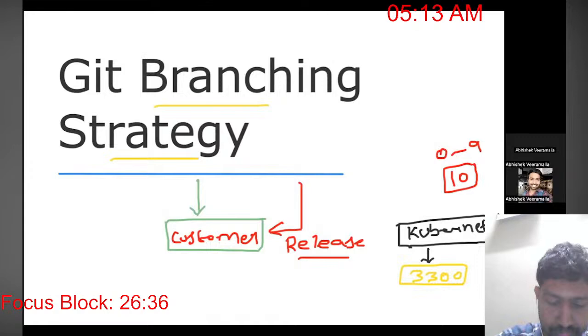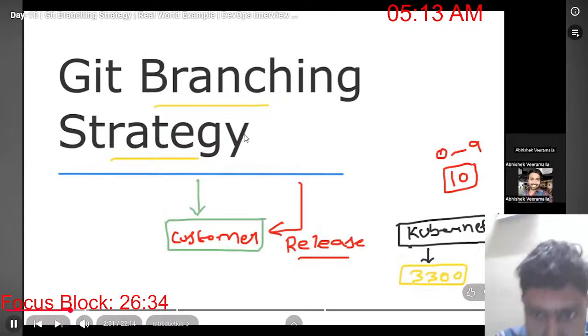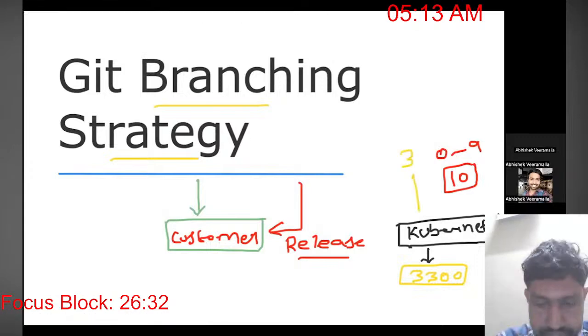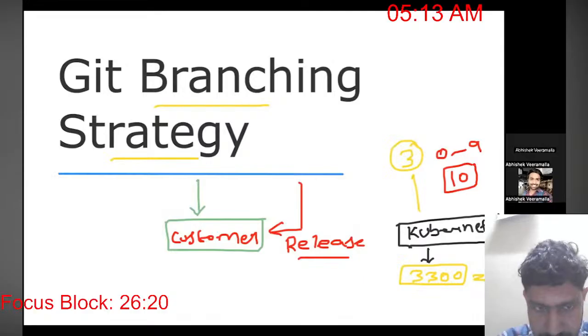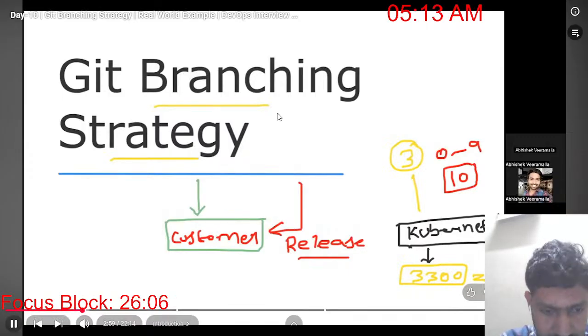how they are ensuring that every 3 months they are delivering a new Kubernetes version to us. So how are they actually doing it with so many contributions, so many fixes, so many features? So that's why I'll practically show you the Kubernetes GitHub repository and let's understand their branching strategy. You can also use these branching strategies as part of your personal development projects, put it in your resume, and explain the same things to your interviewer.